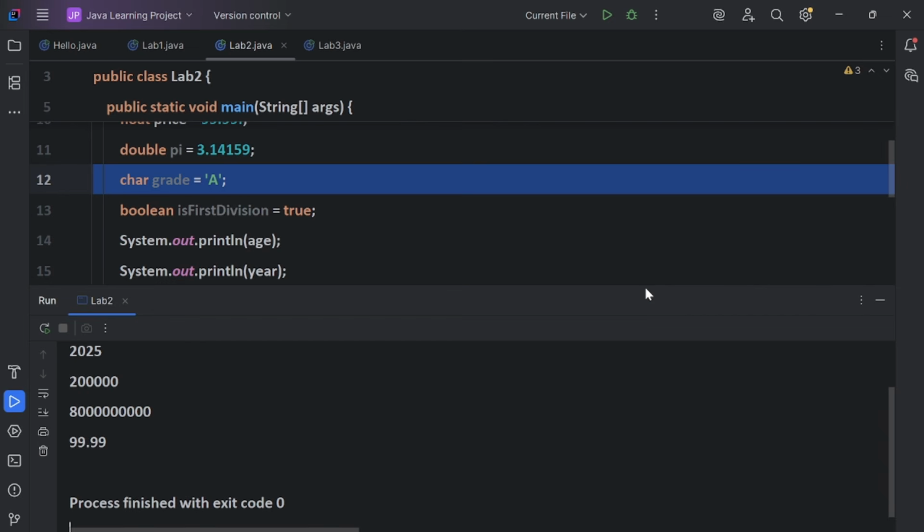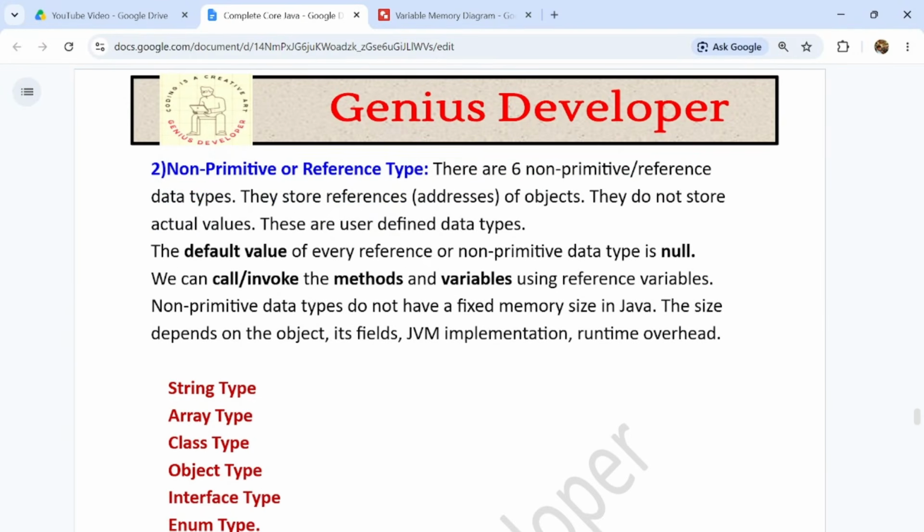So now coming to the next data type, guys. Now coming to non-primitive or reference types. There are 6 non-primitive or reference data types. They store references or addresses of objects. They do not store the actual value. These are user defined data types, guys.